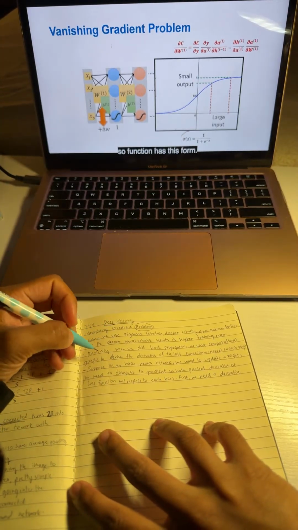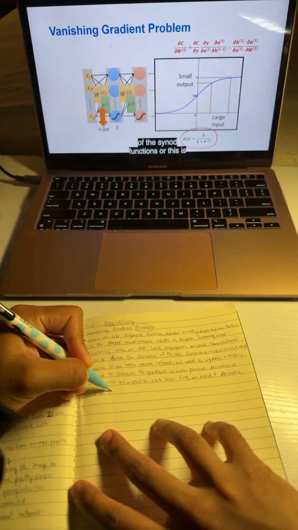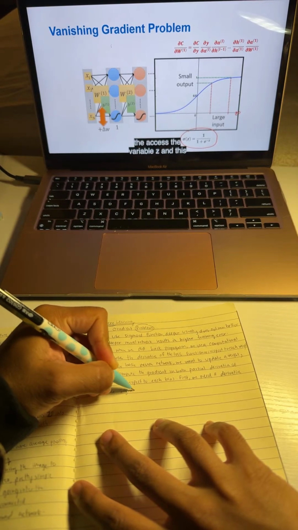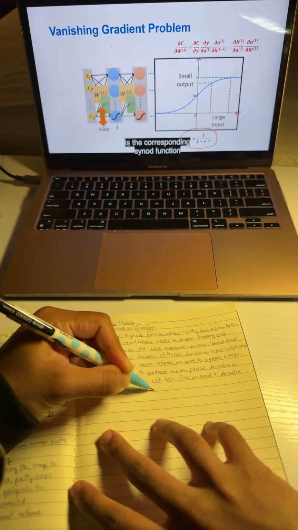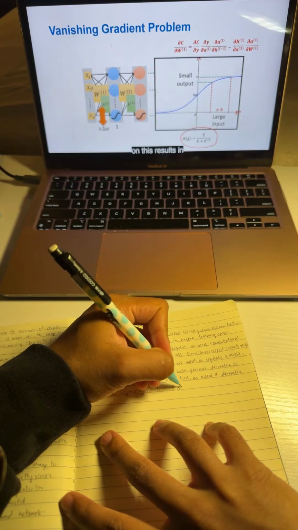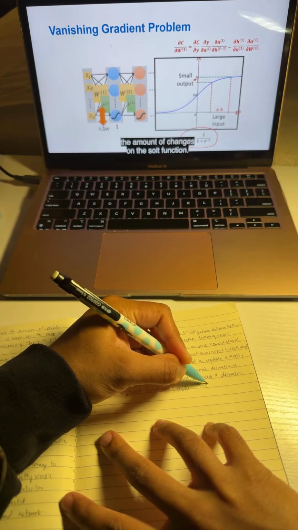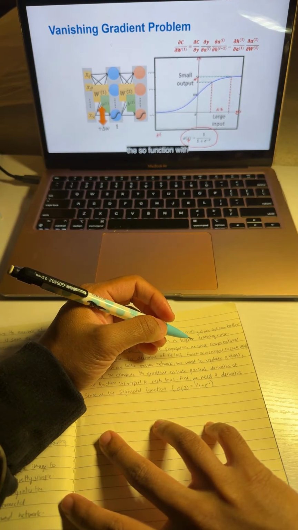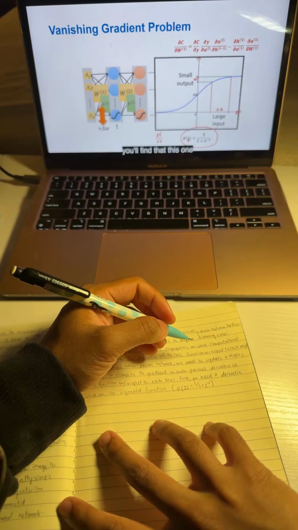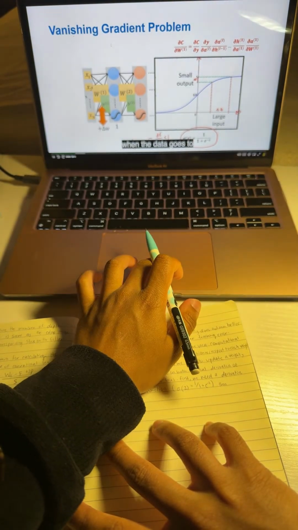So the sigmoid function has this form. Now let's look at a visualization of this sigmoid function. This is the z-axis, the variable is z, and this is the corresponding sigmoid function. From this graph, you may tell that if we have some change on z, this results in this amount of change on the sigmoid function. So if you consider the derivative of the sigmoid function with respect to z, you will find that it is less than 1, because it is approximately the limit when delta z